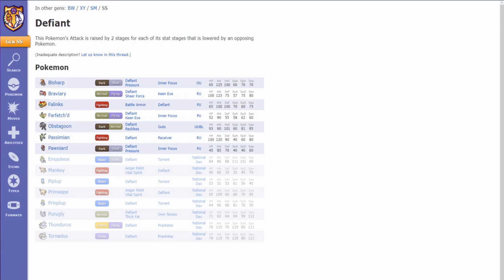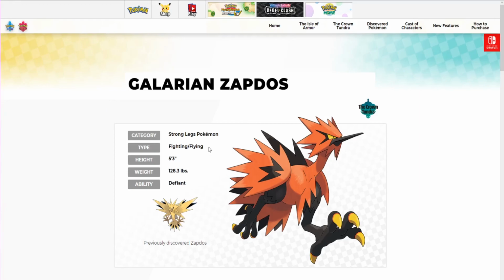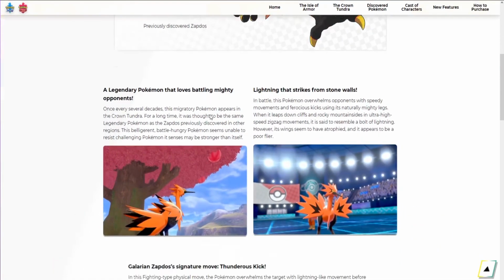So, this one's just going to be the same thing as the Articuno. But, again, you can switch this in on Defog. You can switch this in on Intimidate mons, have an Intimidate Pokemon come in on this. Now, the issue with Fighting Flying is that fighting types only really have one good special move. Unless...